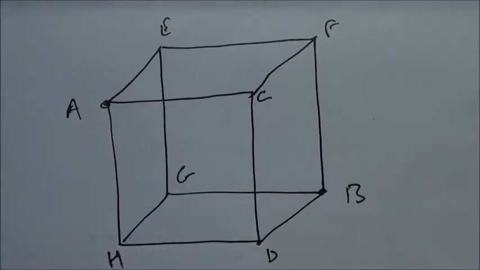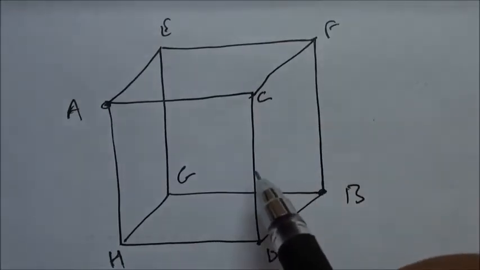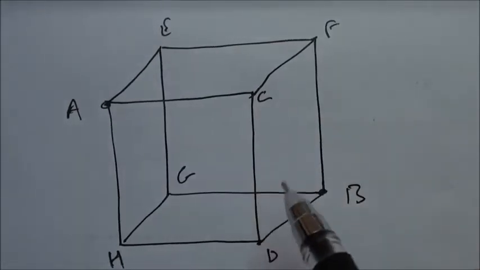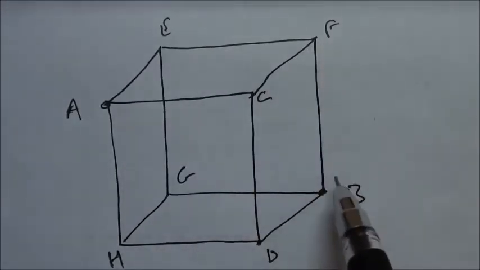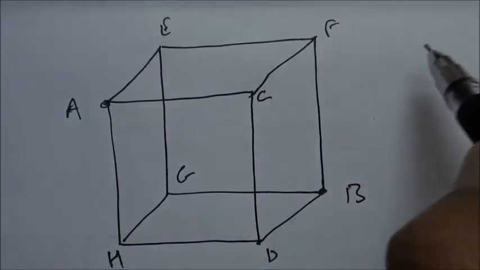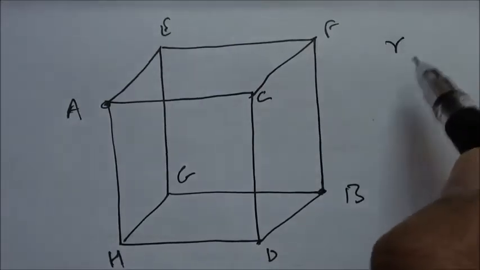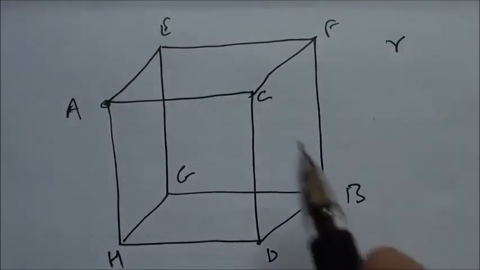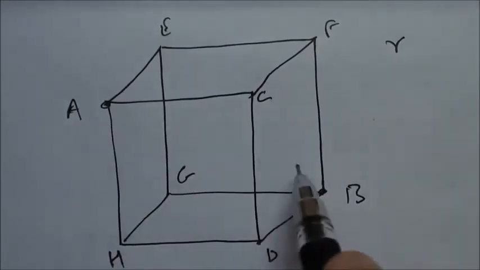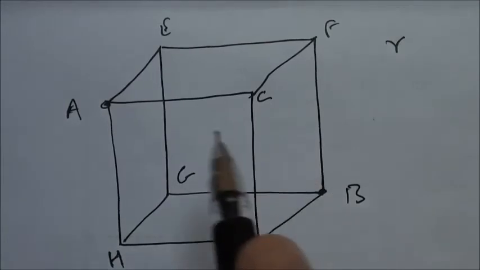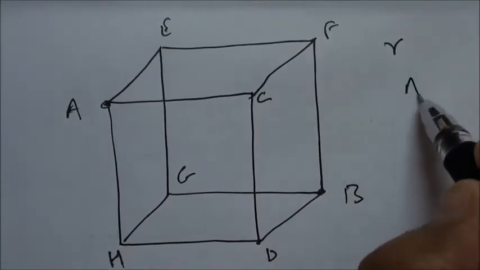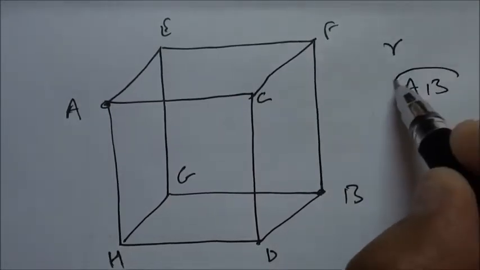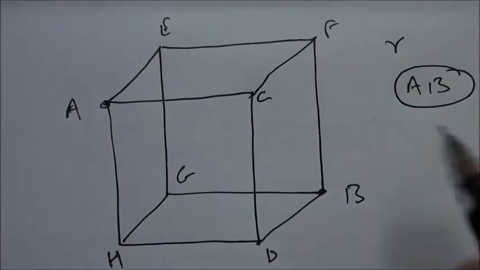Let us calculate the equivalent resistance for a cube between two given points. Each side of this cube has a resistance, let us say R, and we have to find out the equivalent resistance between AB, then between AD, and then between AH. Let's start first with the equivalent resistance between AB.